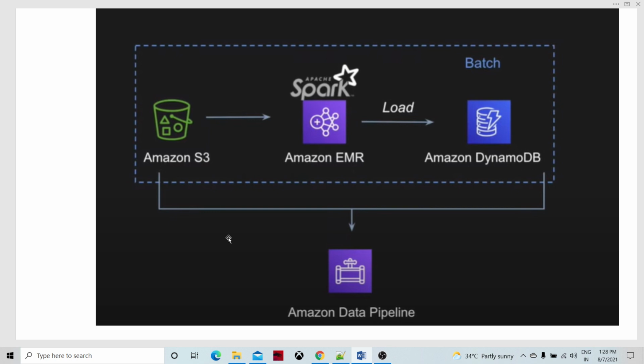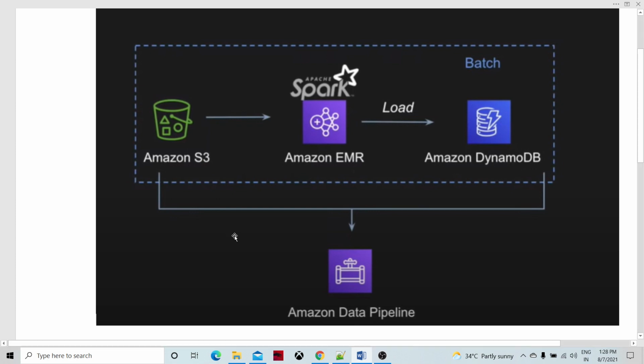These are basically EC2, Elastic Compute Cloud, machines, which are Linux machines in the background, pre-configured with the HDFS system, Hadoop system, and the Spark engine. So in the background, the Spark engine is going to run this process in a distributed and cached environment.